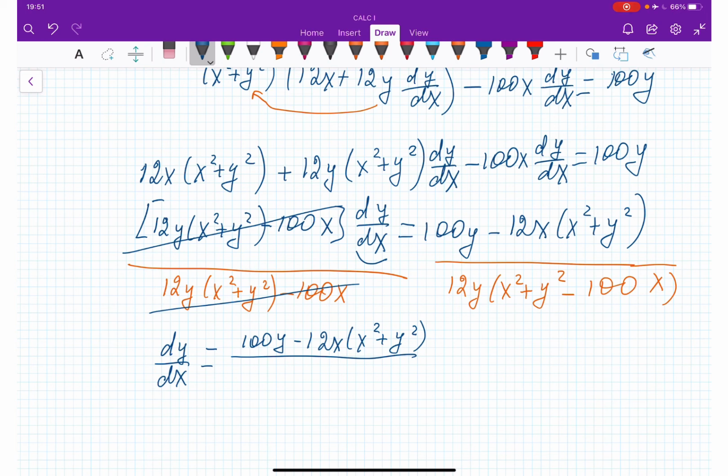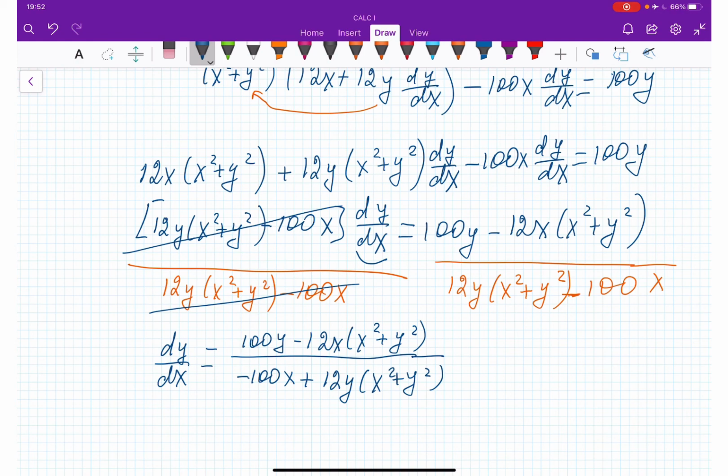One second. These parentheses are here. Okay, so it is going to be 12y. Let me rewrite. First I'm going to put this negative 100x because I'm going to do some changes. And then plus 12y times (x squared plus y squared). Okay,